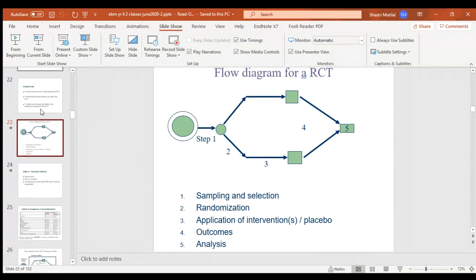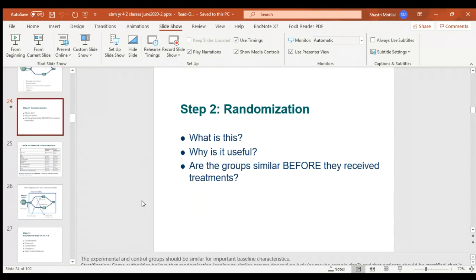Now, the name randomized controlled trial comes from this process, randomization. Randomization really is a mechanism by which you could create two groups randomly. I could call 100 people and if you tell me to put them in two random groups of 50, the process by which I do that would be randomization. And there are different ways we could do it. I could call everybody up, flip a coin,